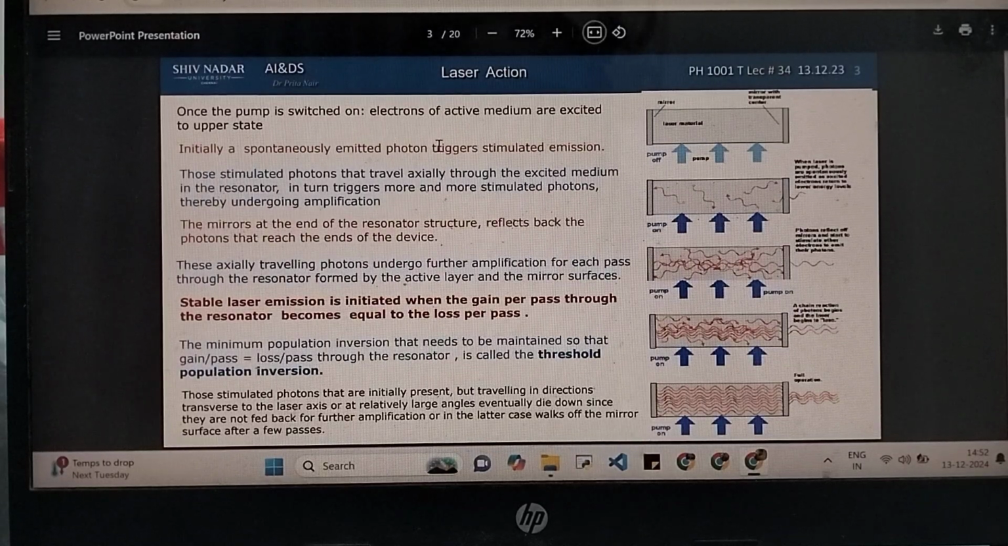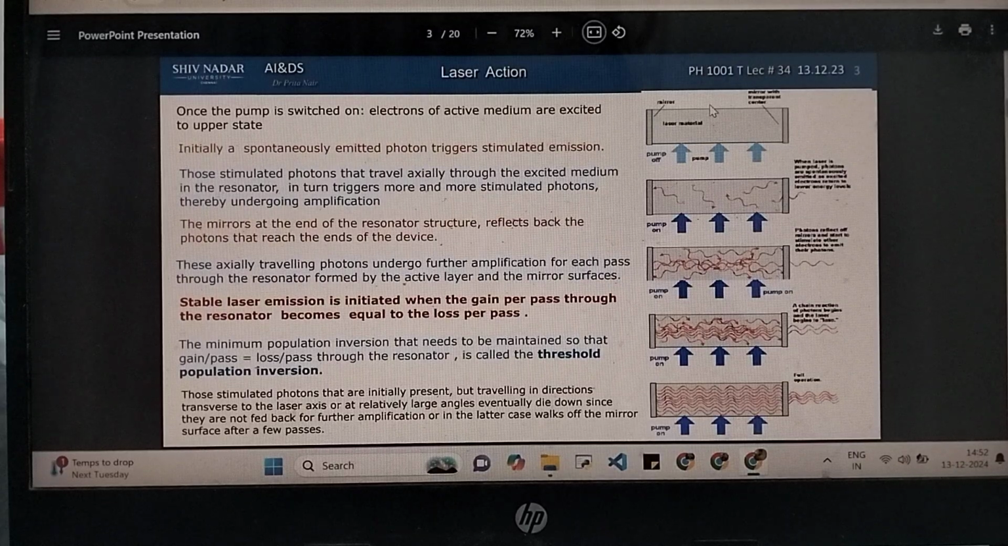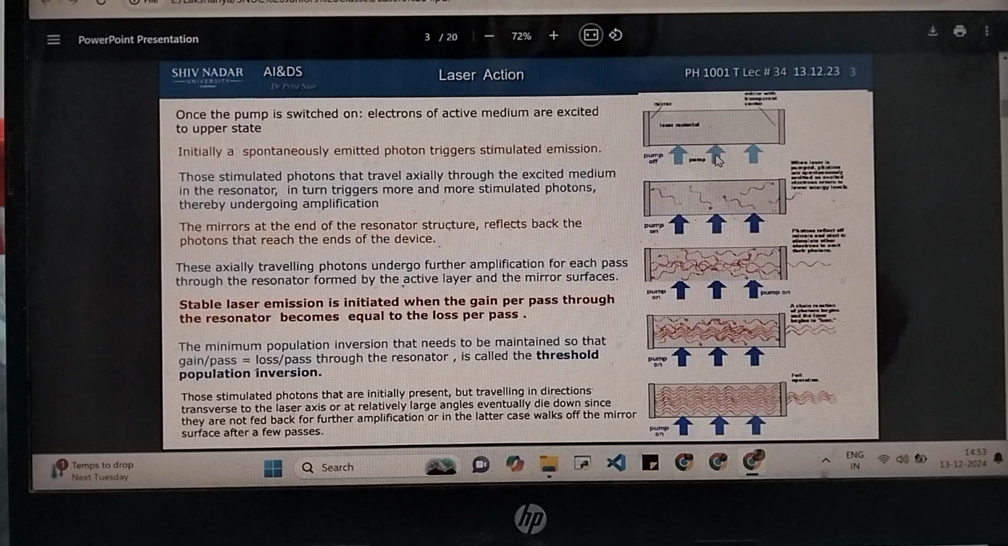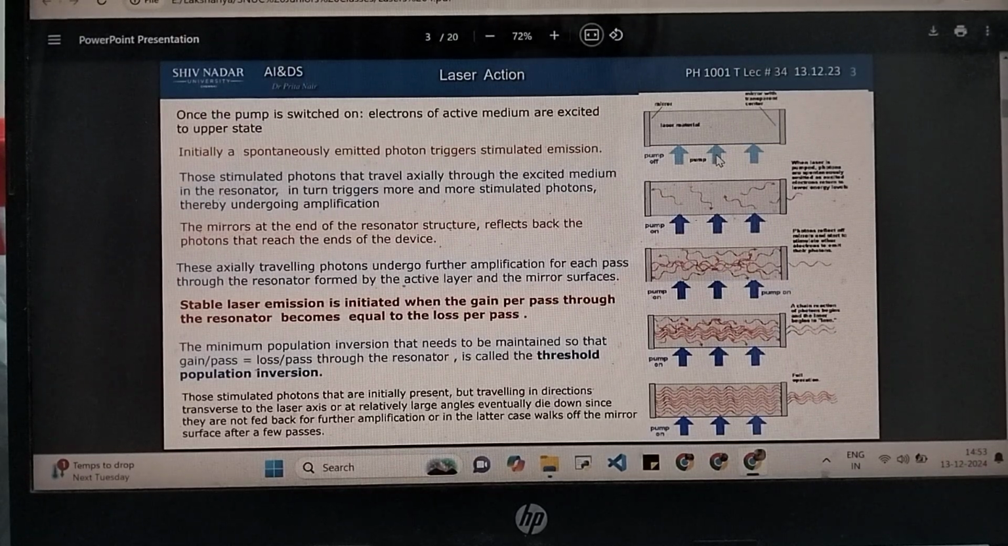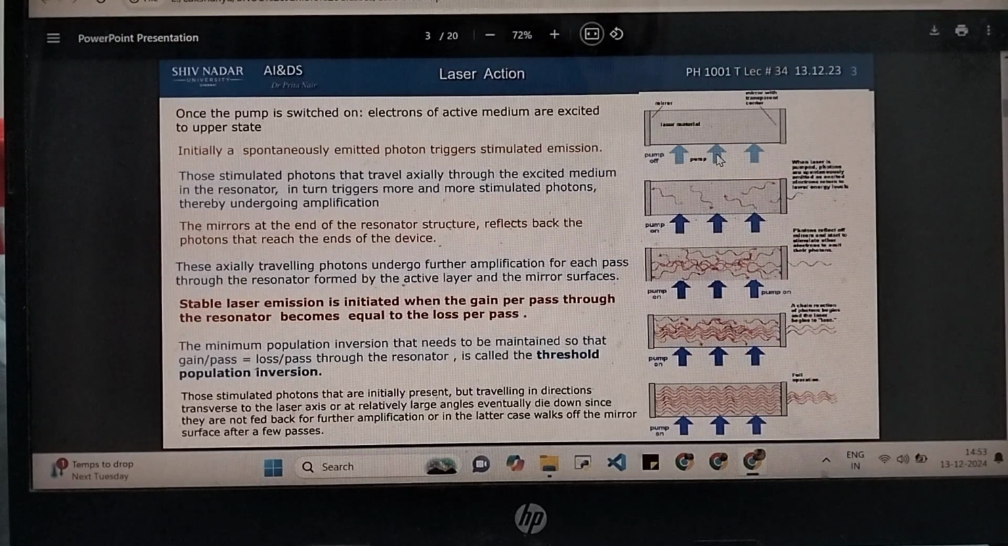Initially, a spontaneously emitted photon triggers stimulated emission. So these electrons which are going to the upper level, one or two of them initially undergo spontaneous emission and come back to the lower level. Spontaneous emission is when the electron comes from a higher level to a lower level on its own without any energy being provided to it, usually because the upper level is too unstable for it to handle. So what have we seen so far? The electrons go up to the higher level, and then one or two of them come down spontaneously, giving out